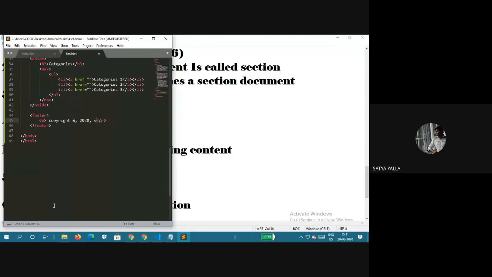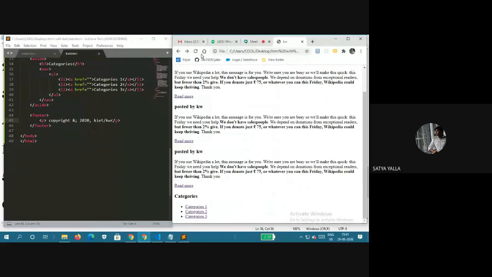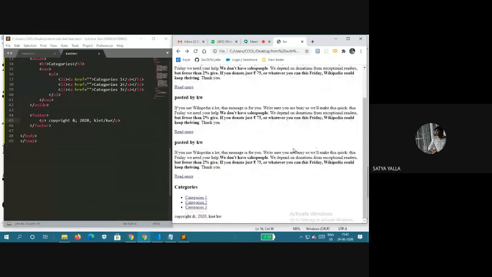Suppose I'm giving that: this web page created by the 2020 at the time of Kite and Kite Women's who are created for this. Just Control S to save and see over here. And it's given. Yes, it's nothing but the copyright.